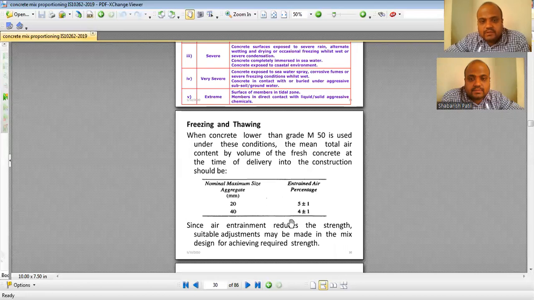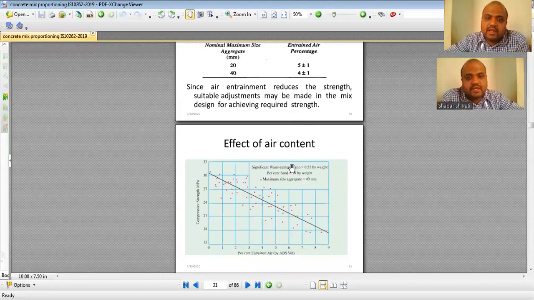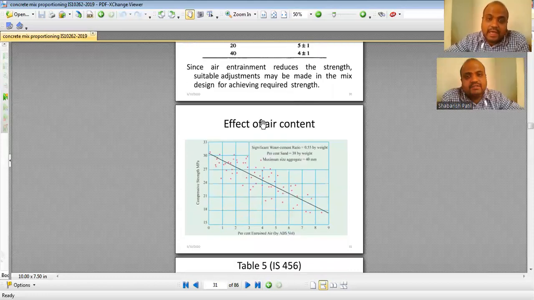So we cannot follow those steps which are given in IS 10262 as far as the design of ordinary concrete is considered. And at the same time, what will happen if there is air in the concrete is shown in this typical chart, a graph plotted of percentage of air versus compressive strength.